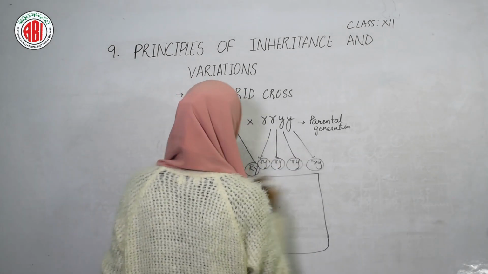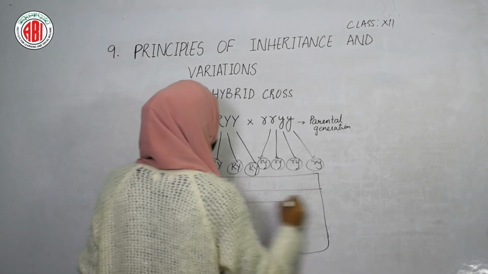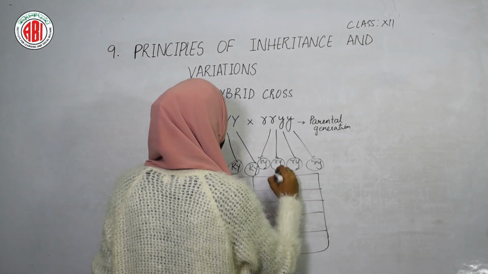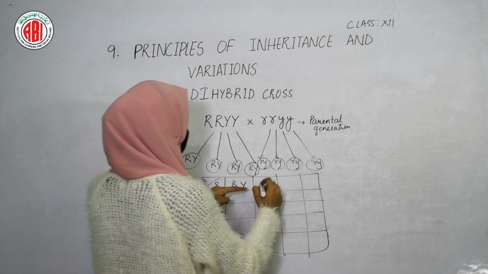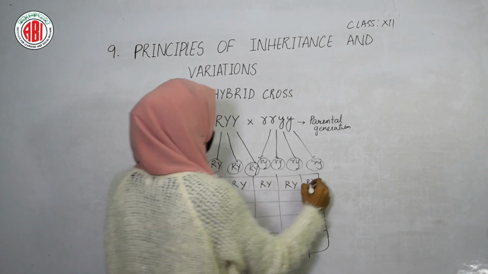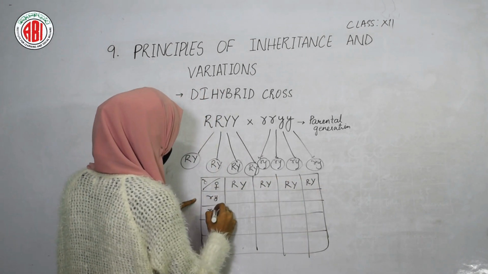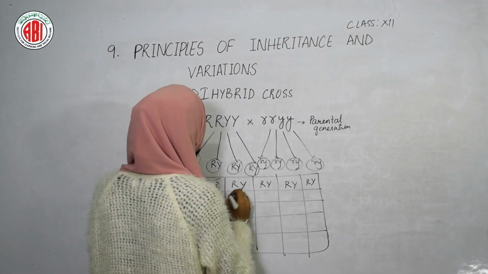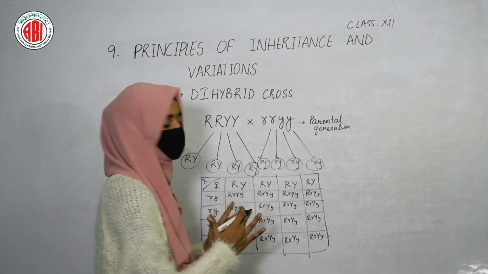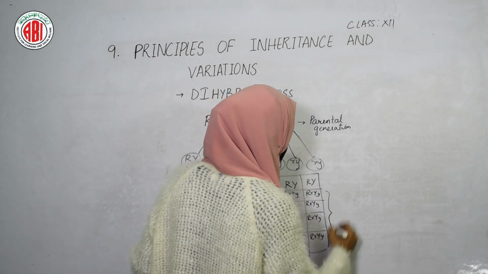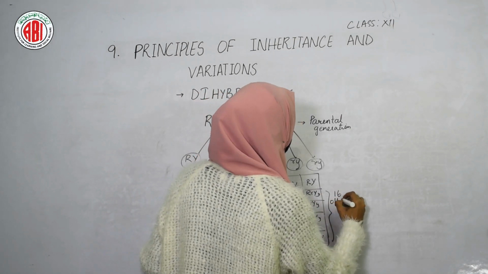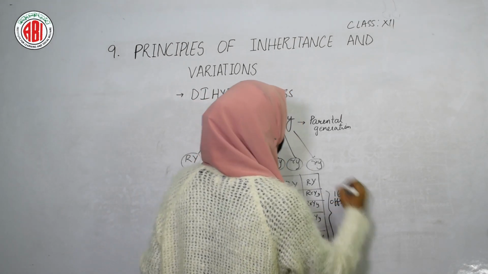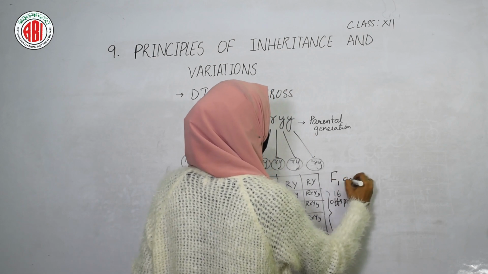When these gametes get fertilized, then 16 offspring are produced. Here we will take the gametes of one parent and here the gametes of the other parent. When the crossing occurs, it results in the production of 16 offspring, and all these 16 offspring of the F1 generation are